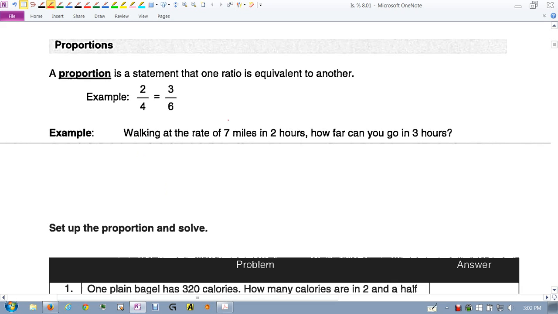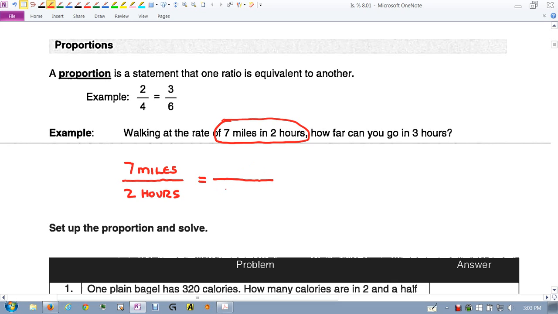The first piece of information says you go 7 miles in 2 hours, right? I'm going to write as a proportion 7 miles per 2 hours. Right? 7 miles per 2 hours. That is a ratio. I go 7 miles in 2 hours. That must be equal to or proportional to however many miles I go in